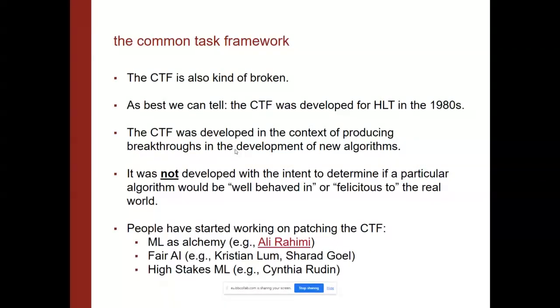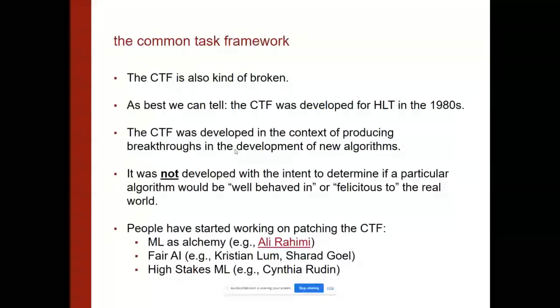And there are a lot of folks that have started to work on this. This was first brought to a lot of people's attention by Ali Rahimi at a conference where he said machine learning is alchemy. That led to an interesting debate following that statement. But he was proposing we really try and almost halt, I mean, I don't think he really intended it, but almost halt the progress of machine learning until we could figure it out. A lot of folks in Fair AI are working on ways to fix how we train these algorithms to remove a lot of biases. Cynthia Rudin, for instance, thinks a lot about machine learning in high-stakes scenarios.